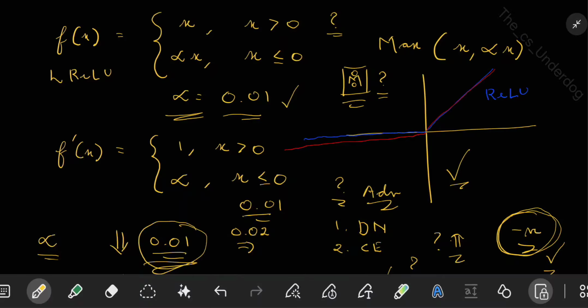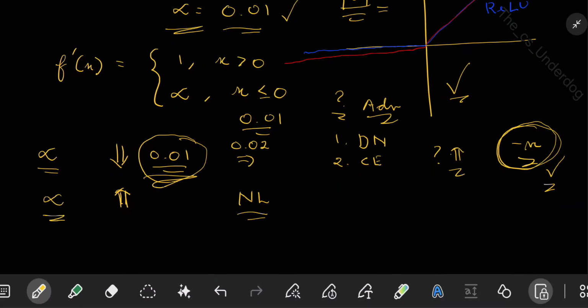It is computationally efficient. And the next advantage you have is it avoids the vanishing gradient problem. So third advantage is no more vanishing gradient problem. This is the main use of leaky ReLU. That is, on positive inputs, now you are having the same as previously, and on negative inputs you are having some sort of a gradient, some sort of a value, so that vanishing gradient problem won't be there. And another thing you can say is that very often this generally performs better than your normal ReLU. So generally, instead of ReLU, you can go for leaky ReLU because this will perform better than your standard ReLU